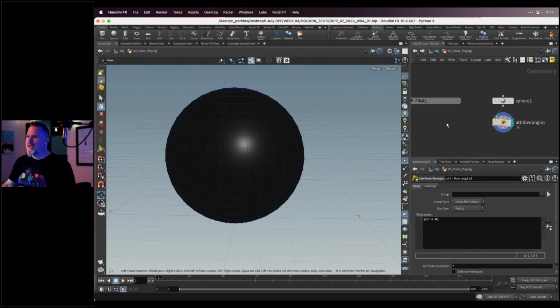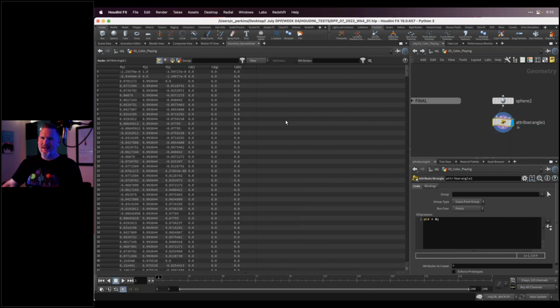And to see that, we have to go to something called the geometry spreadsheet. I hate all those words, but this is really where the power of Houdini is, and where you spend a lot of time working. Actually, this isn't some obscure, weird, esoteric thing that I'm showing you. This is really a core thing for understanding Houdini.